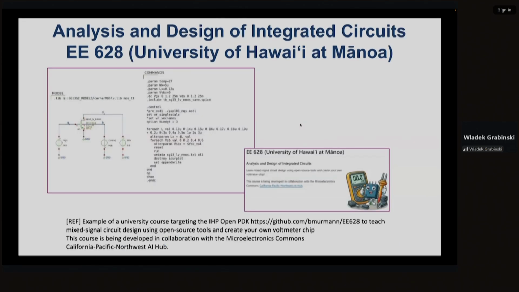There are a lot of online resources introducing OpenPDKs, not only IHP, but also SkyWater and GlobalFoundries. Here is an example developed by Professor Boris Murmann, who is now with the University of Hawaii. Just follow the link to get all the online resources.